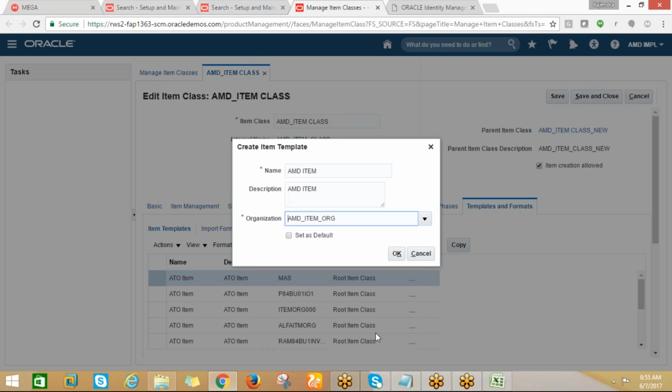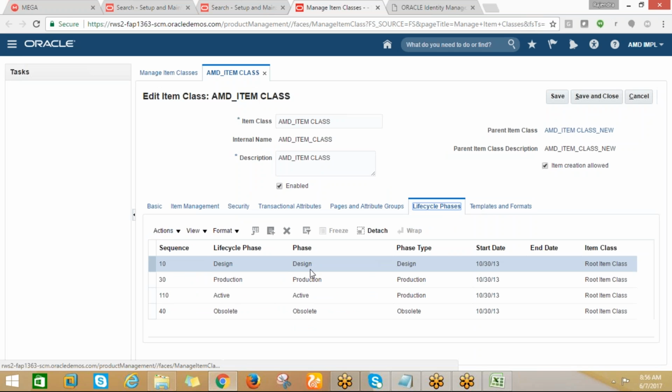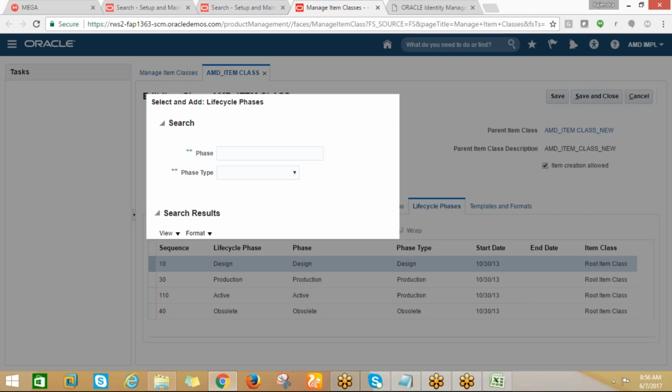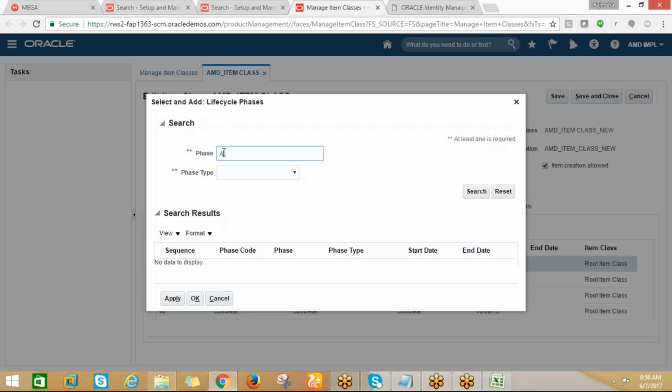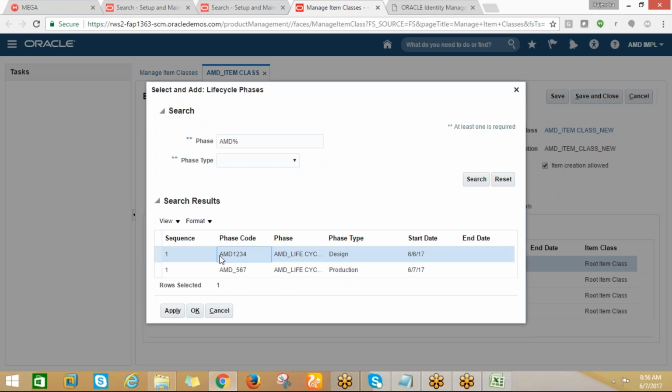Okay. Click on OK. Life cycle pages. We can go for the design, and also here you can select the AMD. We already created AMD cycle. You can select it, AMD cycle,